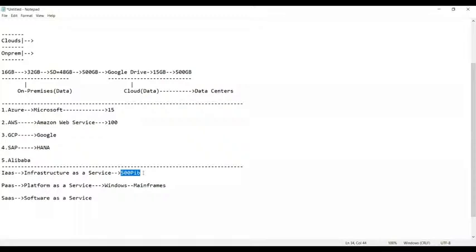And then you have software as a service. Software as a service, what does it do? This is a service, guys, which is provided in the form of software. Suppose you require some software to work in your environment, such as some applications. So whenever you require an application on your mobile phone, what do we do, guys? Tell me now.